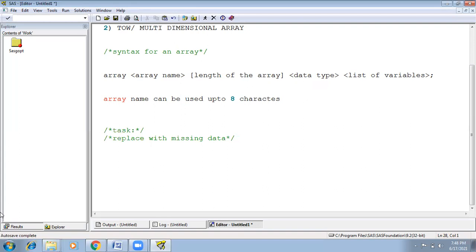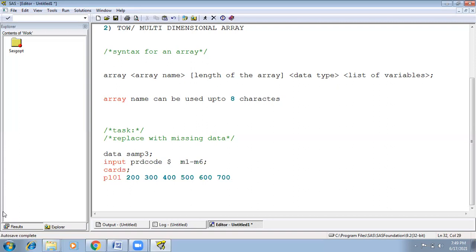Let's say create one data set. The data set name is sample. Input PRD code, then the product monthly values M1 to M6. Use cards and enter the values: P101 200 300 400 500 600 700.